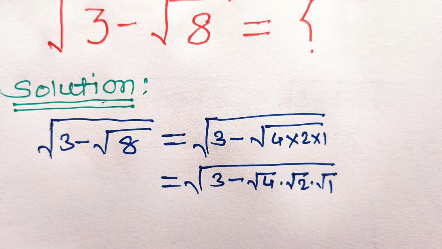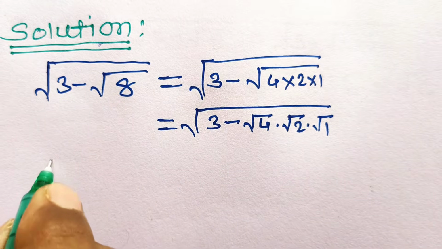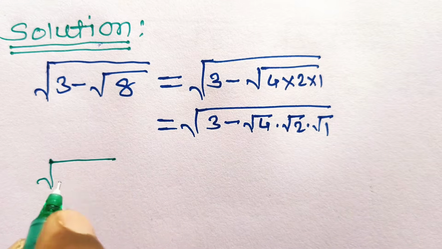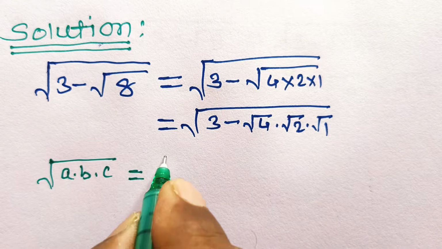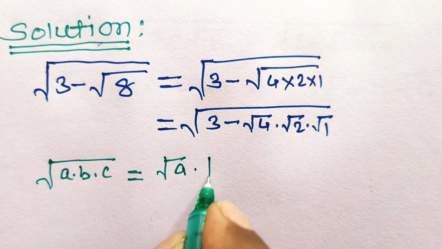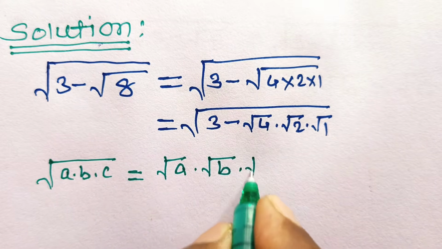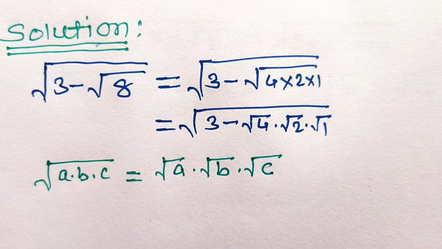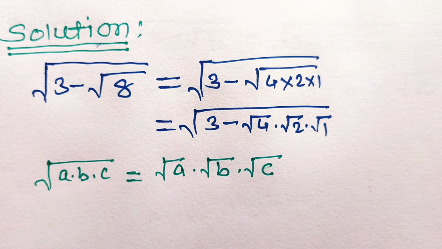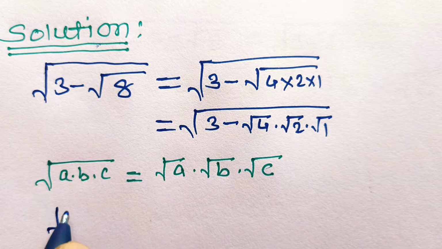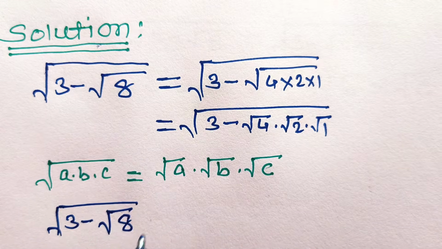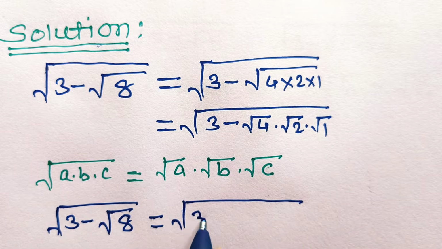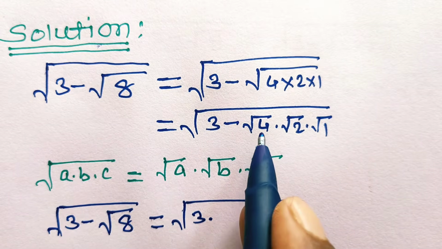Since we know square root of a into b into c is equal to square root of a into square root of b into square root of c. Hence, given sum can be written as square root of 3 minus square root of 8. This is equal to square root of 3 minus square root of 4